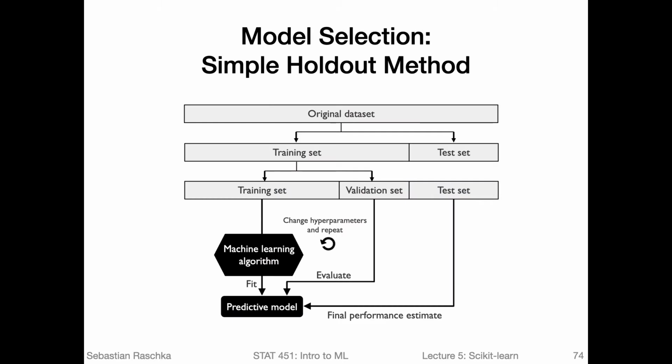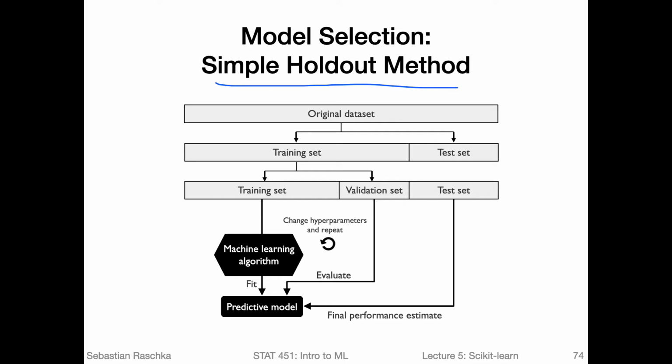Yeah, let's see a pipeline in action in the context of simple model selection using what I call the simple holdout method, because that's the simplest form of model selection. Later in this class, we will see many other methods for model selection, such as k-fold cross-validation and so forth. But I don't want to stuff too much into this lecture because it's already a very long lecture. So model selection will be a topic for another day. In any case, the holdout method here is just a way I want to briefly demonstrate the pipeline in the context of hyperparameter tuning.